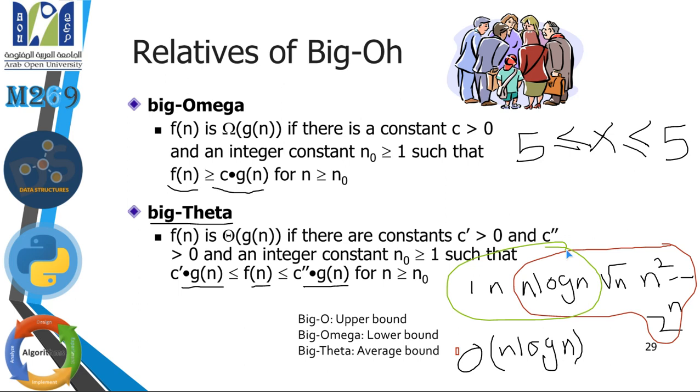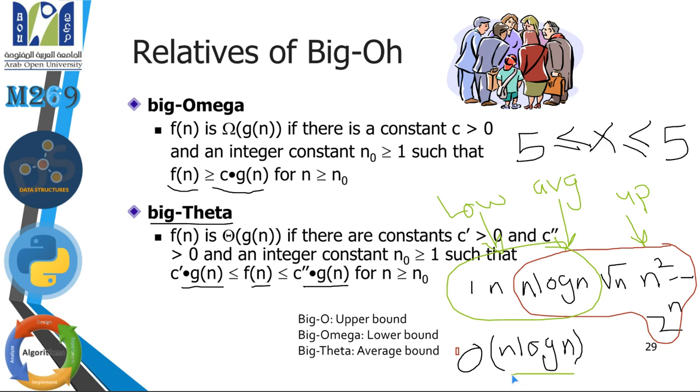So here we have upper, here we have lower, and here is what? Average. Exactly. So for this algorithm, which has big O notation O(n log n),